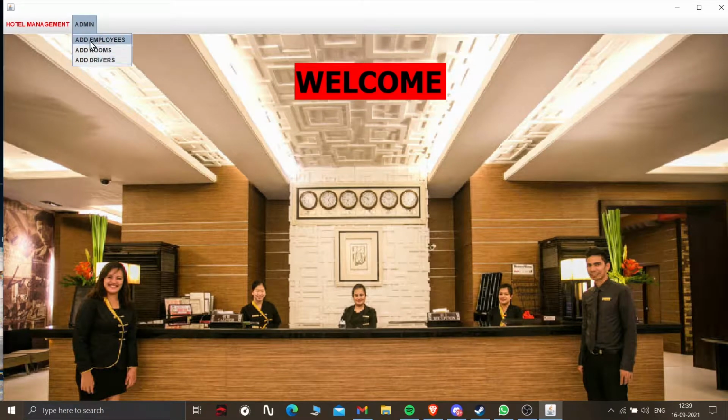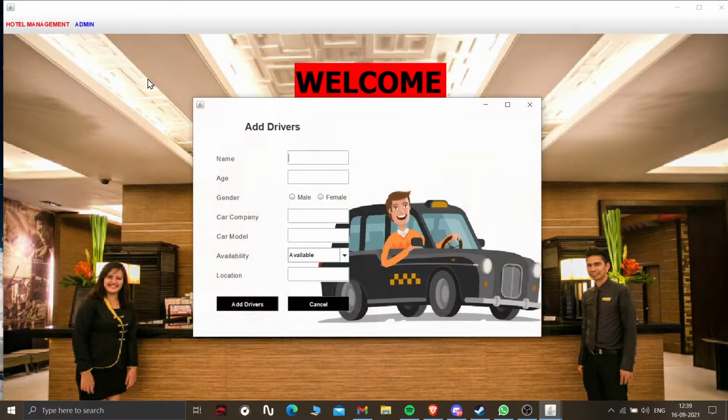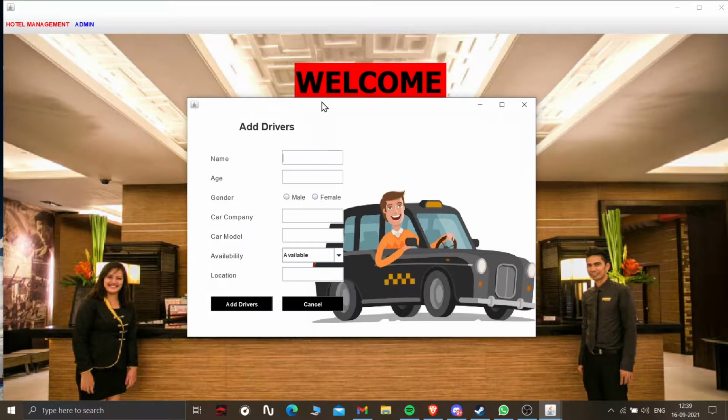So now we need to add drivers. I'm just showing you that we can also see this data. Let's say the driver name is Professor from Money Heist. Professor. Age of the professor, let's say 42. Male.